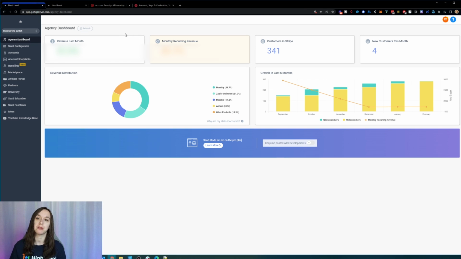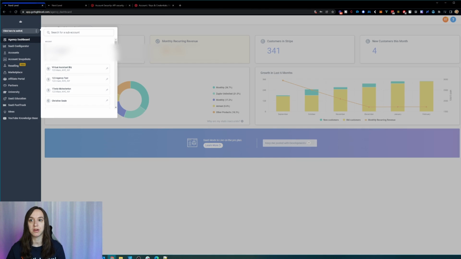Now, if you use other platforms like I do, it's not going to show you absolutely everything. It doesn't show like affiliate commissions in here either, but you're definitely going to get a good bird's eye view on what's coming in through Stripe. All right, so we've done integrations, so we should be good to go.